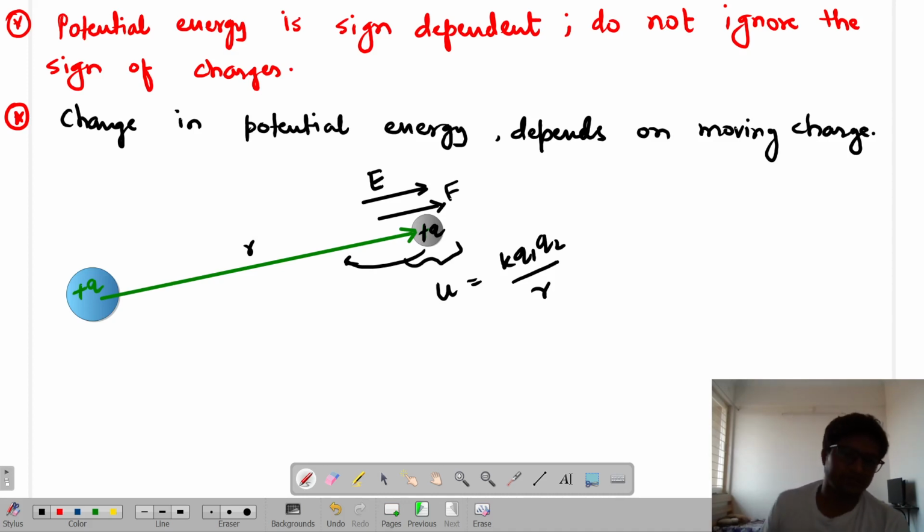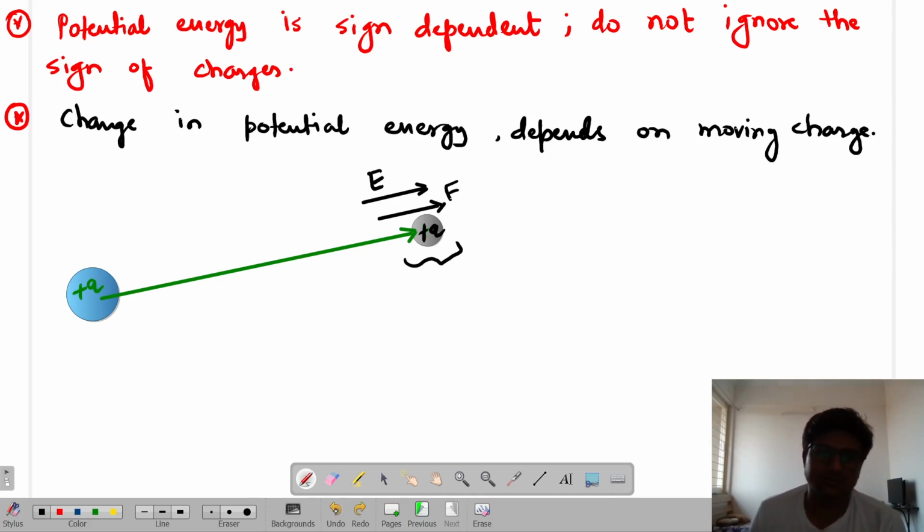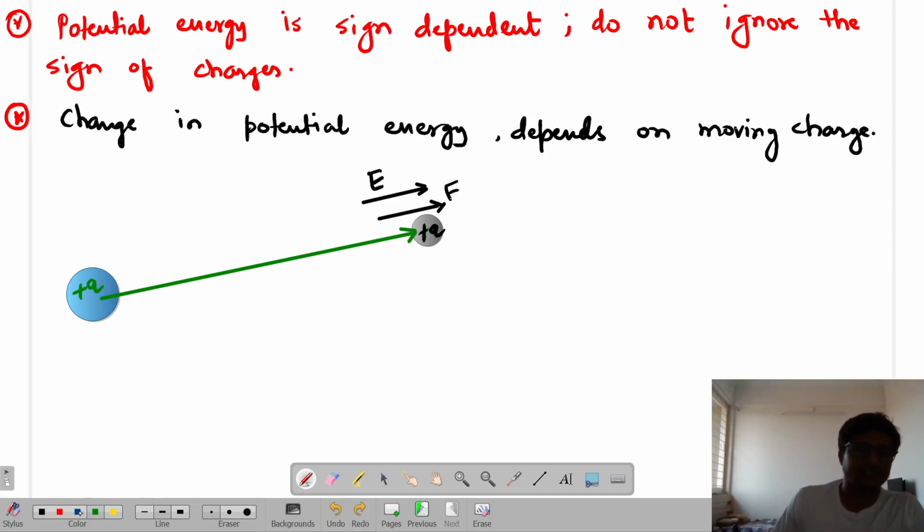It will change. That means that apart from the electric field, apart from the force, there is something more acting on the charge. Just as I have the field of the charge, similarly I define a scalar quantity of the charge, which we call the potential of the charge, meaning the ability to affect other external charges.